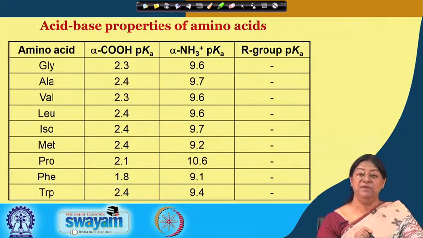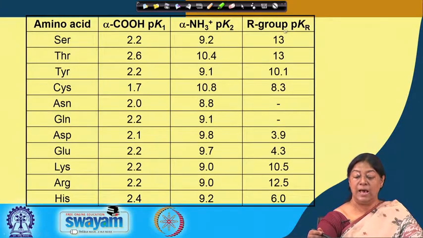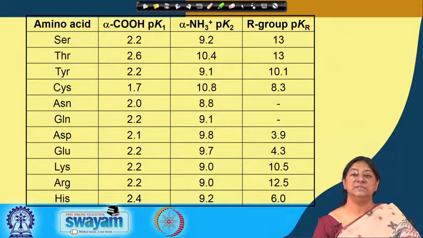But it may so happen that the R group also has a pKa associated with it. What do we mean by this? If we have, apart from the carbon and the hydrogen present in the side chain, a nitrogen, an oxygen, an acidic amino acid, or a basic amino acid, then these are what are called ionizable amino acids, which means that the side chains, the R groups, have